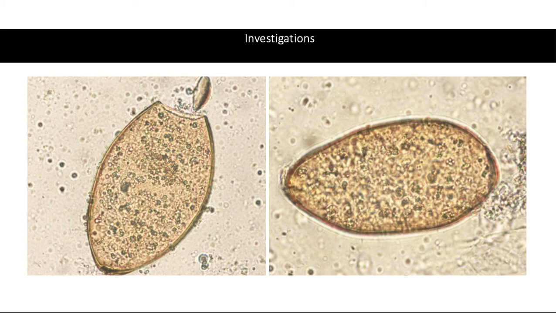Unembryonated eggs are laid into the water by infected sheep. The eggs embryonate in water and the larvae enter the snails. The cercariae leave the snails and encyst to form metacercariae, which attach to the aquatic vegetation, which is then consumed by sheep and sometimes humans. The metacercariae excyst in the duodenum.